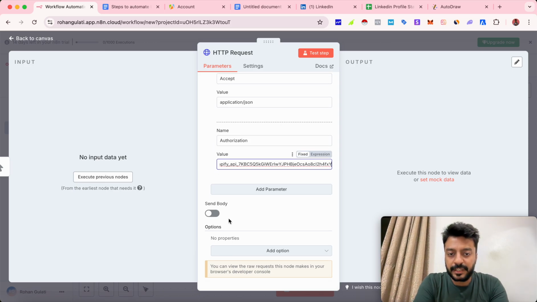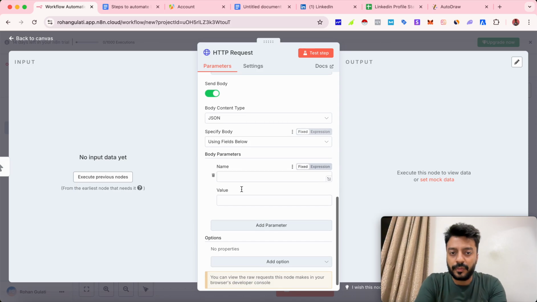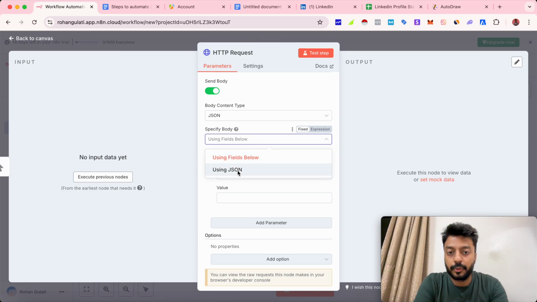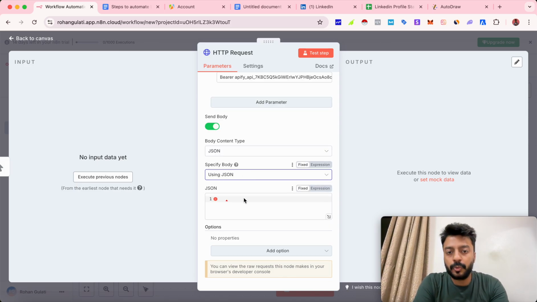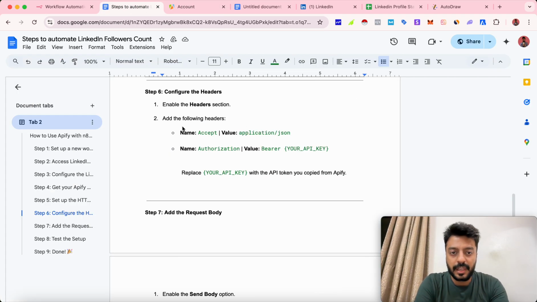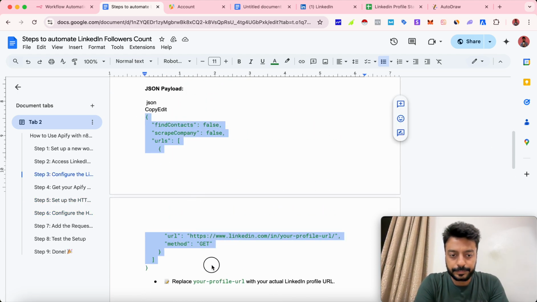Once you have pasted it, then click on send body, enable send body, and then over here select JSON in the body content type, and in the specific body you need to select using JSON, and then you need to paste down the complete code that we just copied from the API itself. So you just need to copy down this complete code,